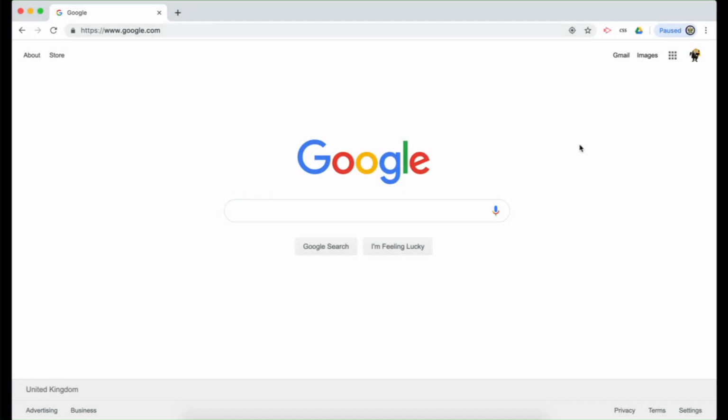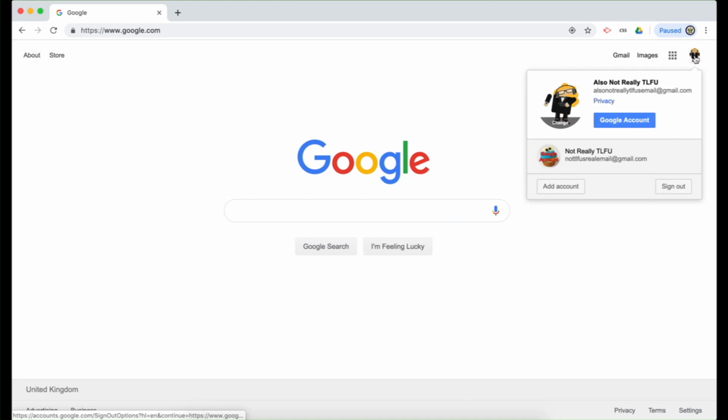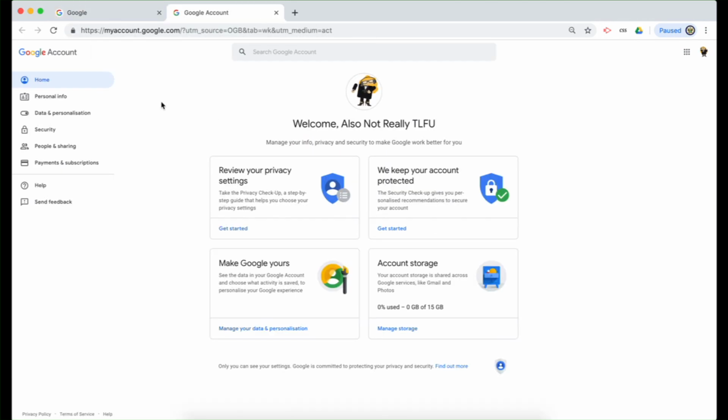Hi, today I want to take a look at Google account security. So using my Chrome browser, click on the top right hand side into my Google account, where I'm going to concentrate on two fields, personal info and security. But first of all, what do I actually mean with Google account security? I mean two things. I mean protecting your Google account against other people getting access, and also protecting your Google